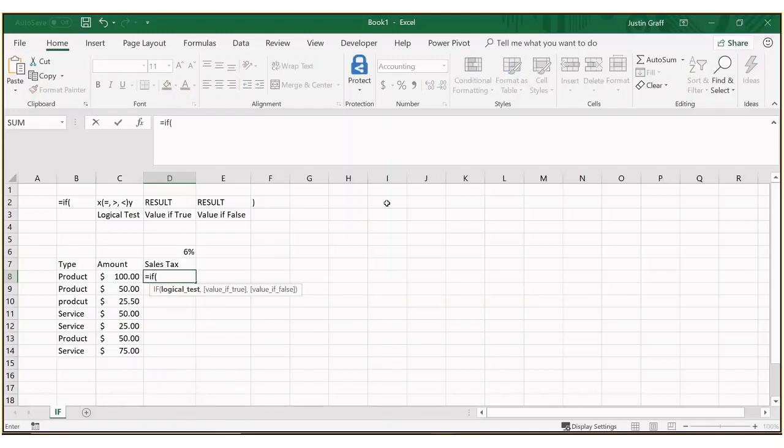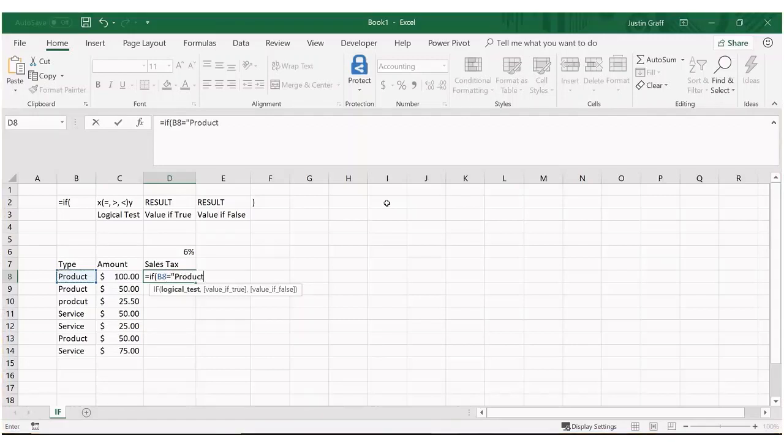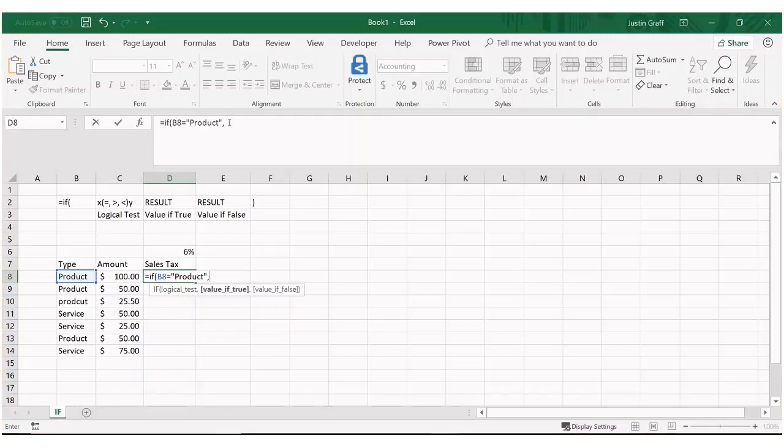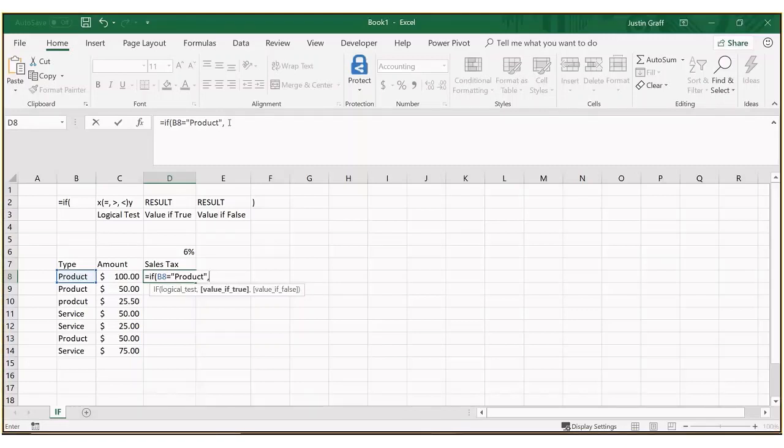So we're going to say if B8 equals product. Now, something important to note is that if you are using text, you have to put these quotes around it. That way, Excel will recognize it as text and know to match text to text. So we'll say B8 equals "product". If true, so if it does equal product, then we want to return